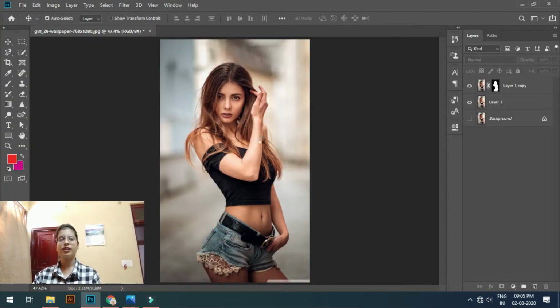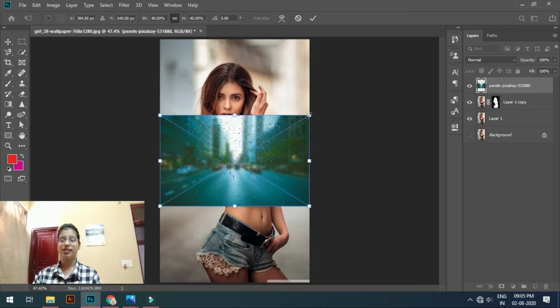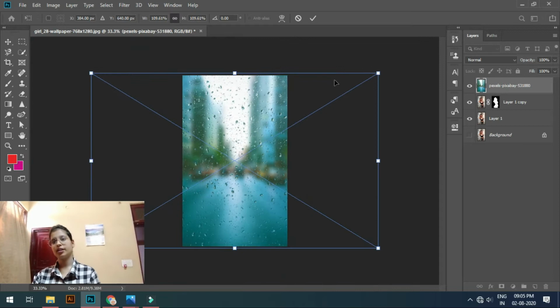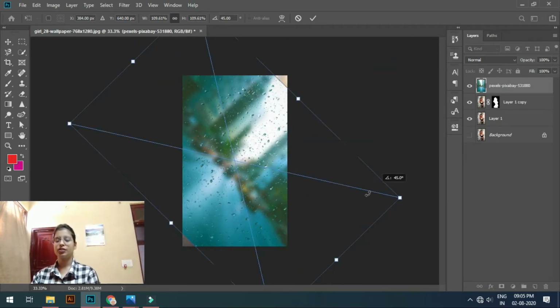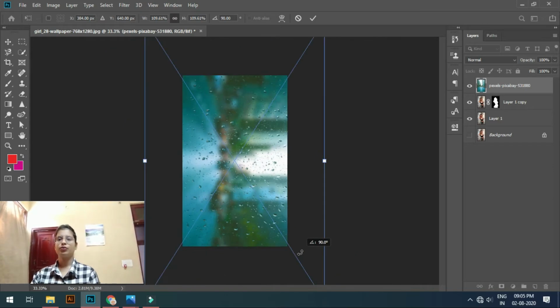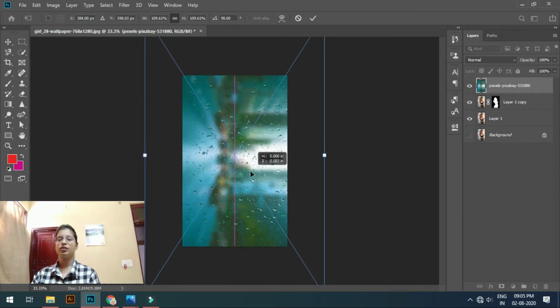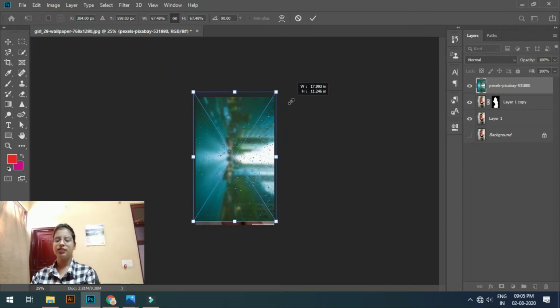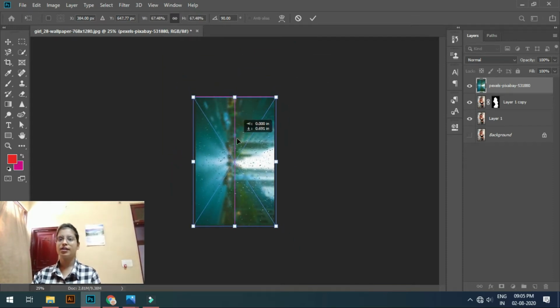Press Alt, if it's Photoshop CC, press Alt to take it like that, and press Shift to give a correct angle to your photo and adjust it. See that, press Enter, again Ctrl 0.